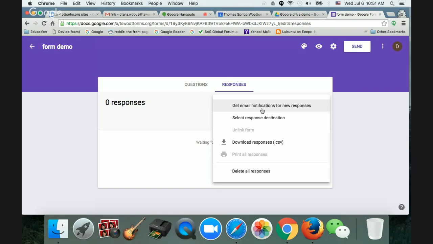If you don't want your inbox crammed with stuff like that, you can turn it off after you have some experience. Select response destination. That's very important. You have to do that. You click on it,